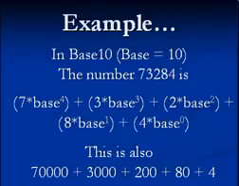Here's an example. In base 10, where base equals 10, the number 73,284 is 7 multiplied by the base number to the power of 4, so that's 7 multiplied by 10 to the power of 4, plus 3 multiplied by 10 to the power of 3, plus 2 multiplied by 10 to the power of 2, plus 8 multiplied by 10 to the power of 1, plus 4 multiplied by 10 to the power of 0. This very basically is 70,000 plus 3,000 plus 200 plus 80 plus 4,